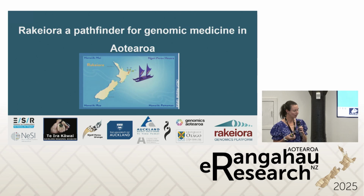And so we had a rural primary care Maori participant group from Ngāti Porou, and then an urban tertiary care cohort, who are all cancer patients in Tamaki Makaurau. So two very different cohorts, looking at different appropriate analyses from a genomics research perspective. And I can talk lots about the science side of it, but I think actually for us,